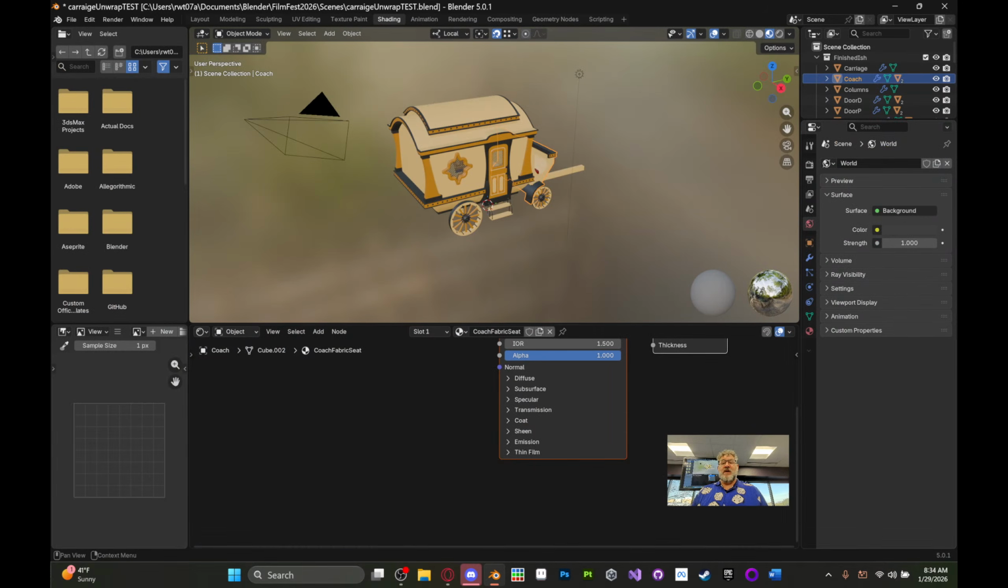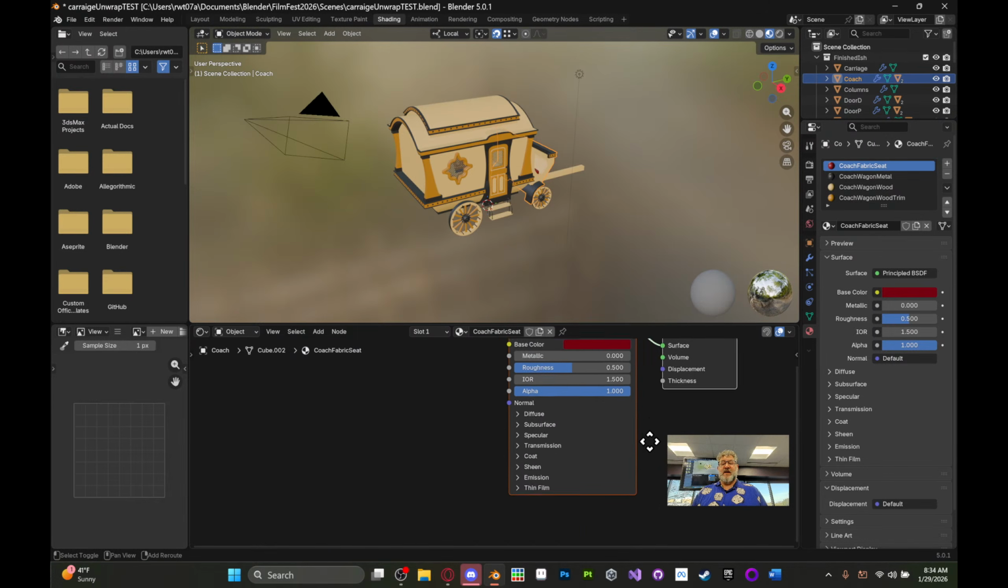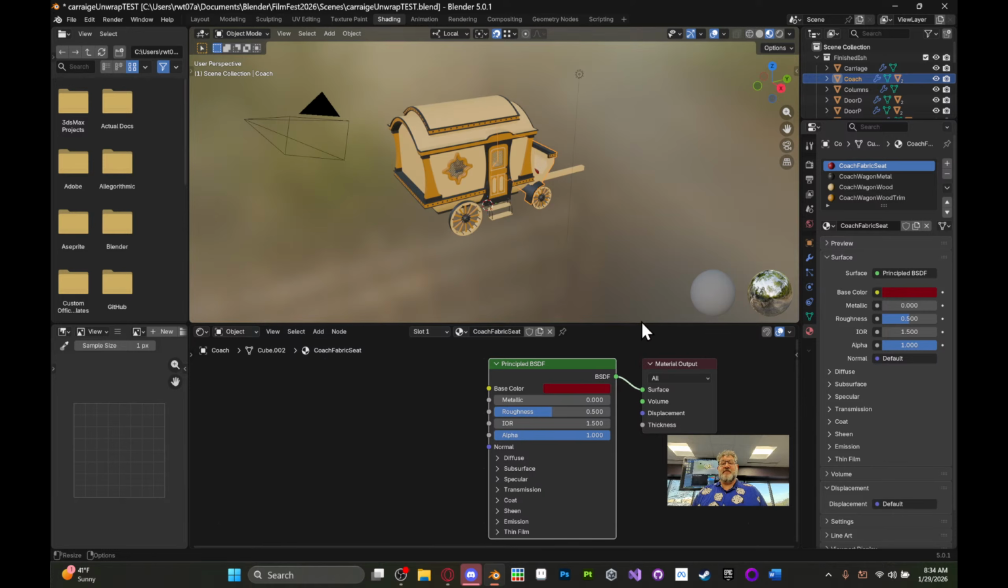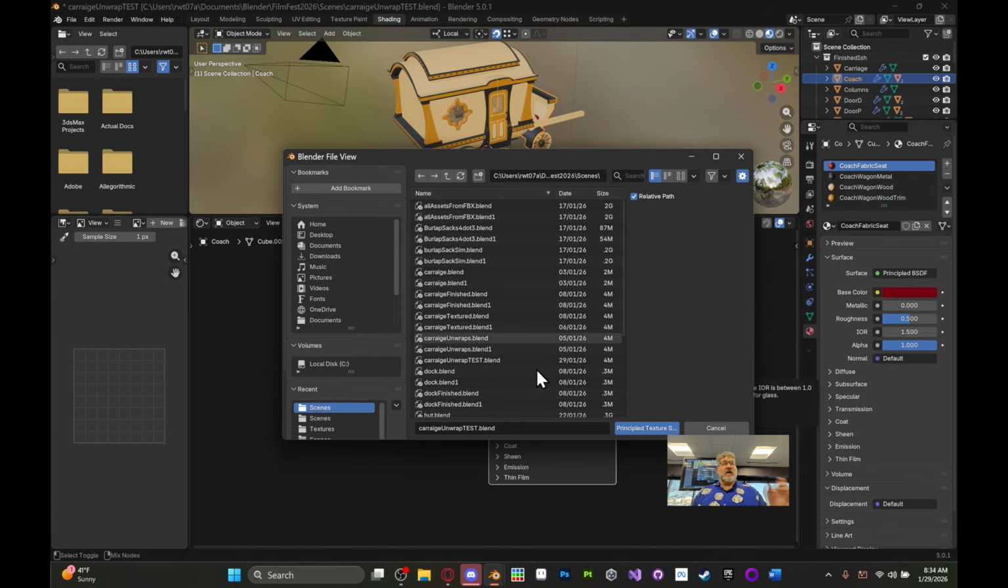So I'll pop over to shading. I've got my coach fabric seat set up, and as you can see, it's just this empty Principled BSDF. Now I can Control A and drag and drop all day long and set up all 4 of those things, or with this selected, Control Shift T, Node Wrangler comes into play, and all I've got to do is go